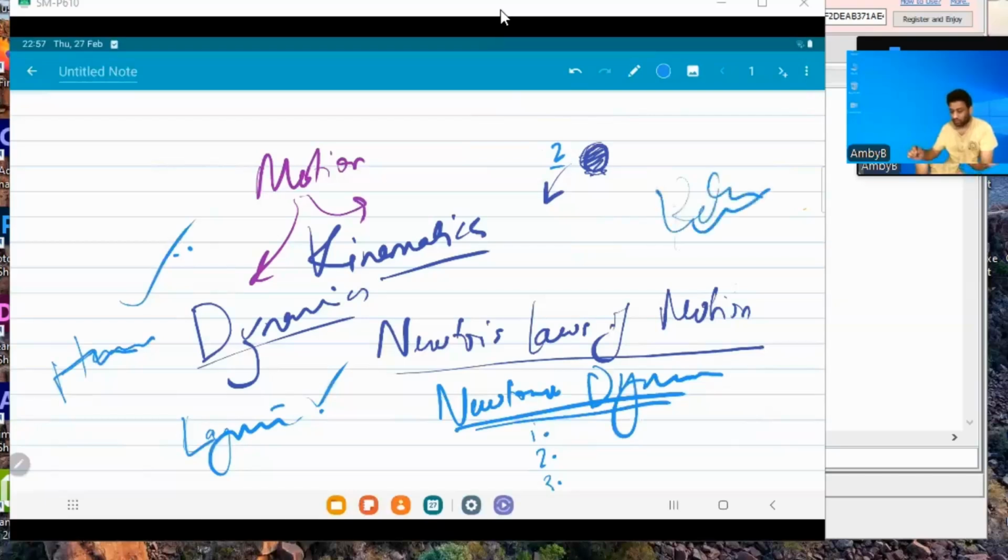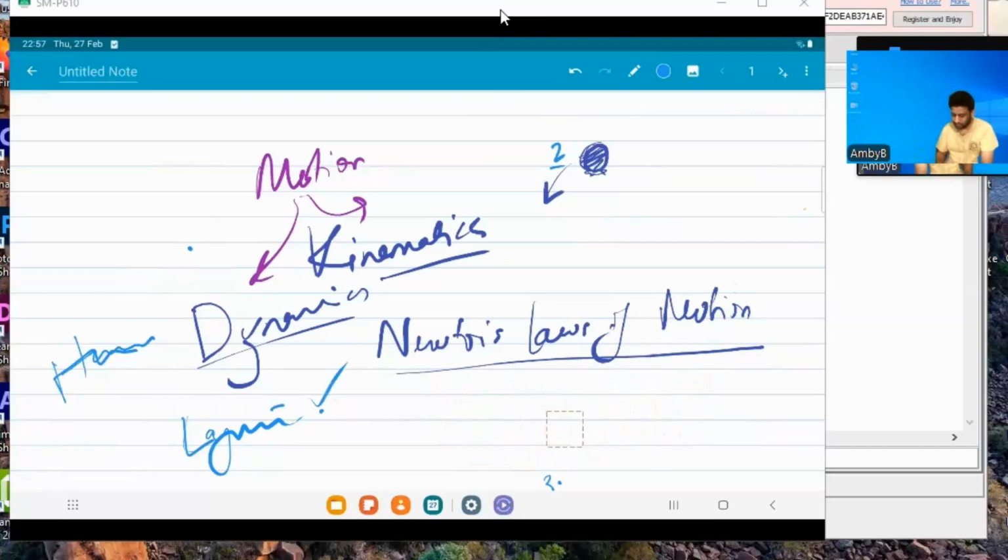So E equals mc square is the consequence of relativistic dynamics. Same thing, force and motion relationship. From that, we are going to derive E equals mc square. Okay, so this is the thing. And kinematics is the geometric description. We can have different dynamics, but kinematics is like, okay. So this is the first law, and then there is the